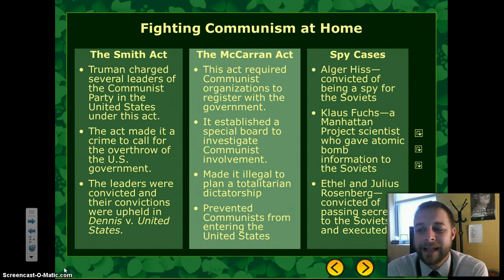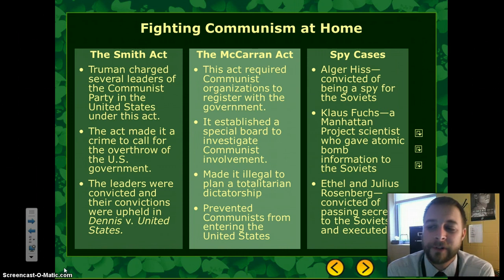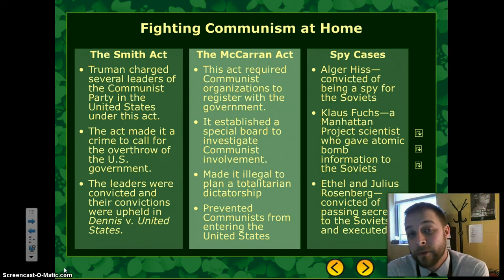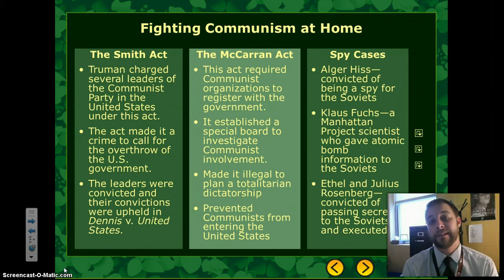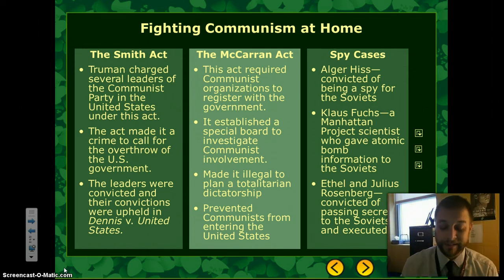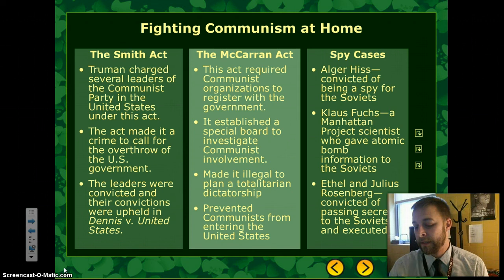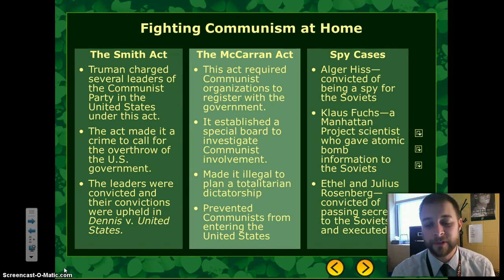Klaus Fuchs, a Manhattan Project scientist, helped develop the atomic bomb. He was convicted of giving information to the Soviets. And then Julius and Ethel Rosenberg were a married couple that worked in the State Department. They were convicted of passing secrets to the Soviets, and they were actually sentenced to death and killed via the electric chair in probably the most famous spy case